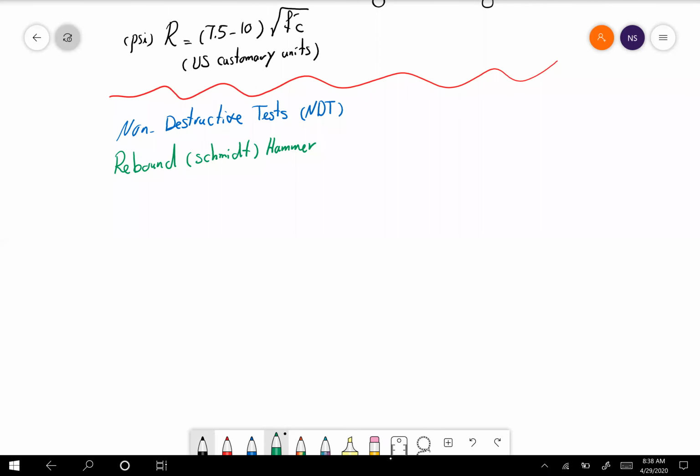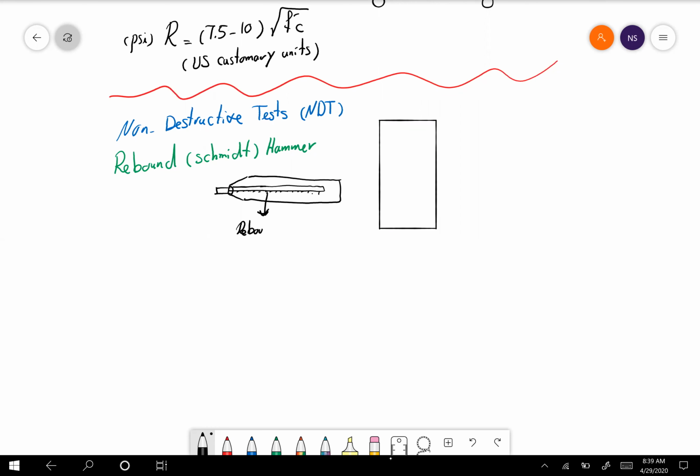I'm going to post a picture of this device here, but it's basically a handheld device that has a metered gauge on it, and once you apply the device on the concrete surface, by reading how much rebound you have from the device, you can